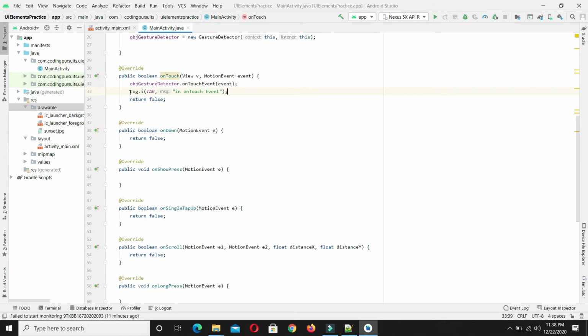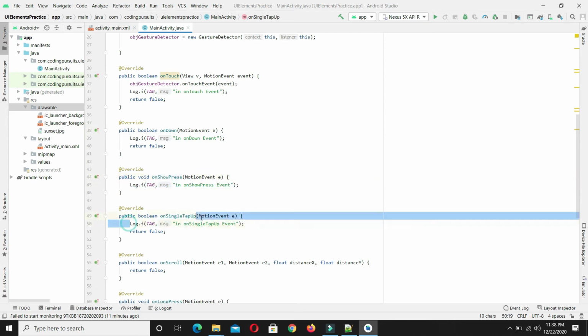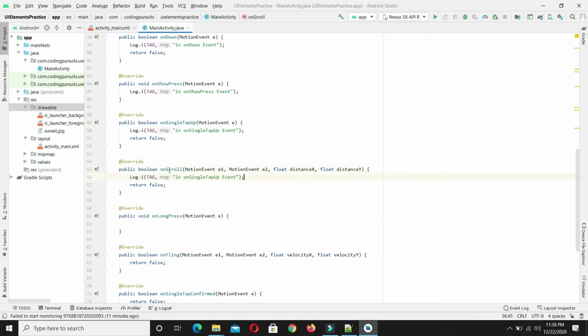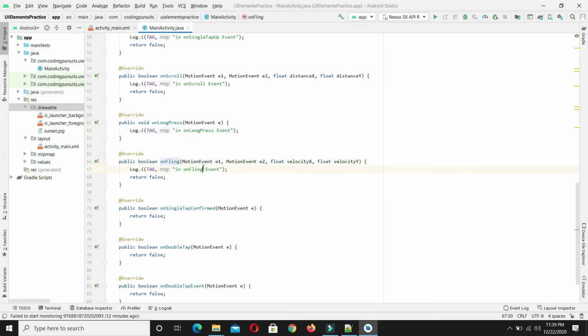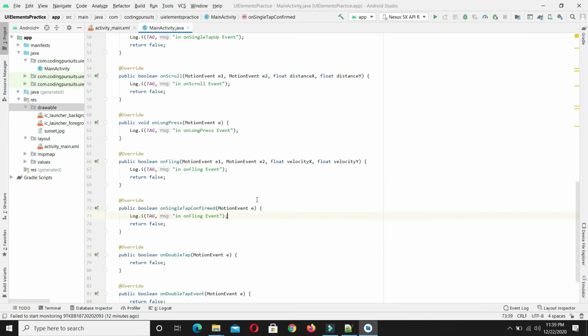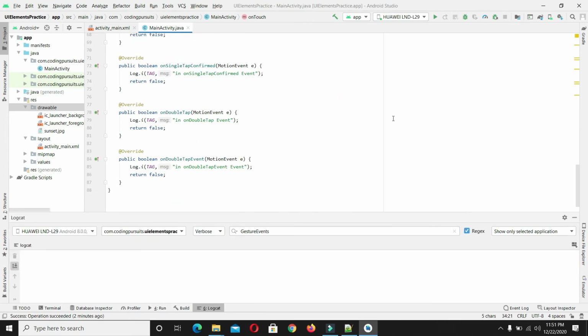In the same way, we will print the log in every method. So okay guys, our logs have been set.